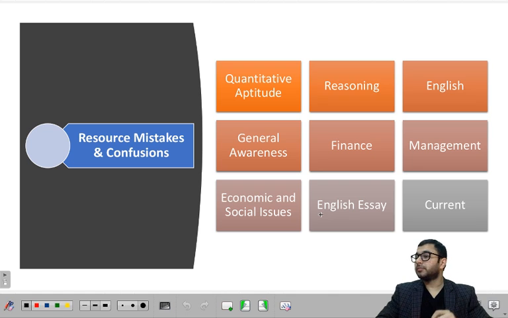Anshul, you've left your job to prepare for RBI. It's okay, but the gap should not be too big. If the gap is, let's say, 2 years, 3 years, then it becomes problematic. If the gap is only 1 year, then it's fine. So if you don't get through in one shot, then you should always have a backup plan, as I said, higher studies or anything else. Shivani, I'll be answering how to prepare for quant and reasoning.